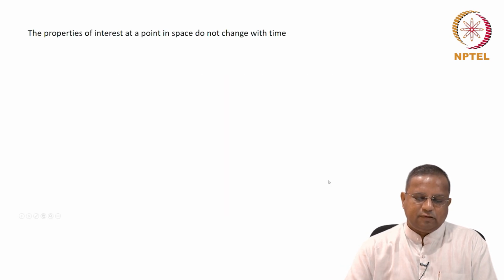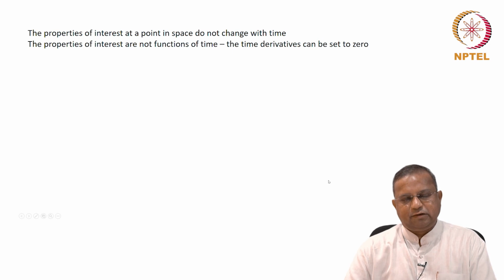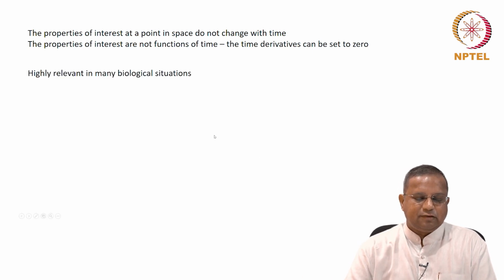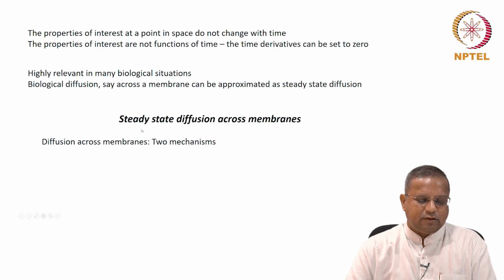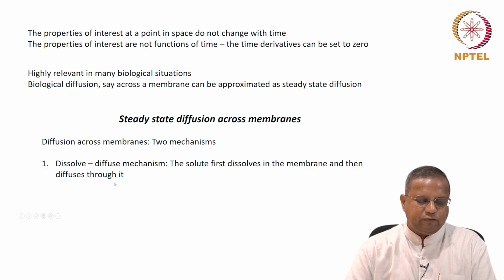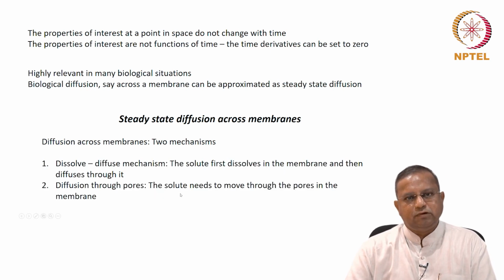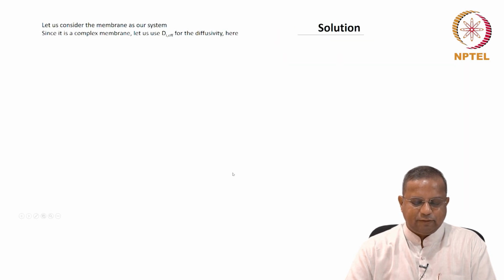So steady state is when the properties of interest at a point in space do not change with time, and that is relevant for many biological processes. Many biological processes take place at steady state. Here we derived the steady state diffusion across membranes, which is highly useful in many different cases. So we said that diffusion occurs due to two mechanisms, one a dissolve-diffuse mechanism and then diffusion through pores. We spent a good amount of time on the dissolve-diffuse mechanism to arrive at